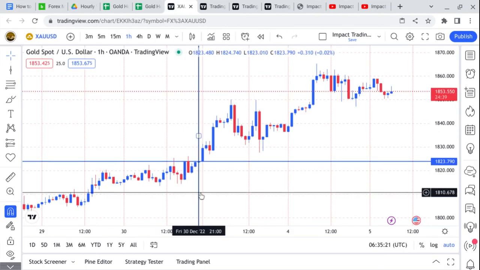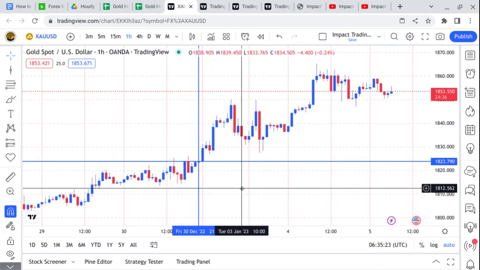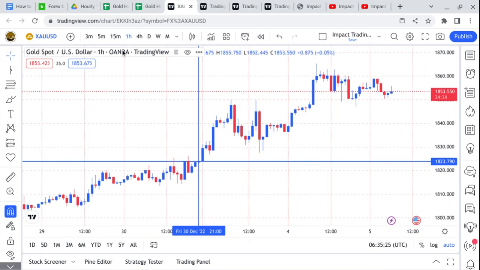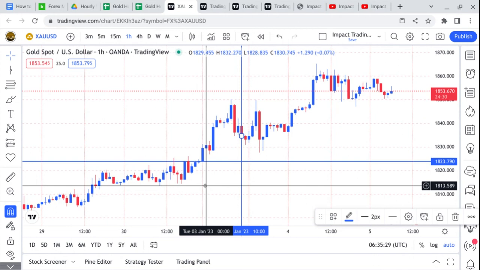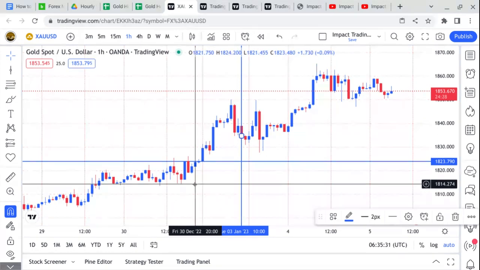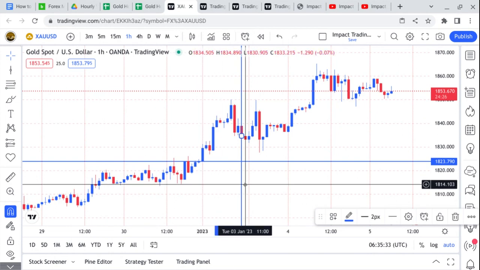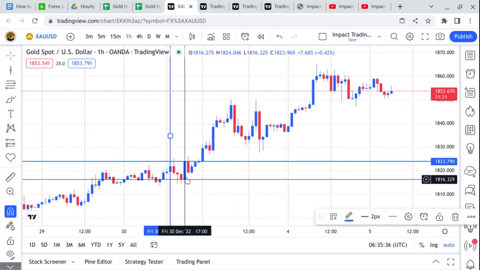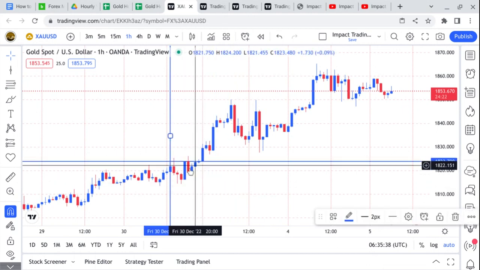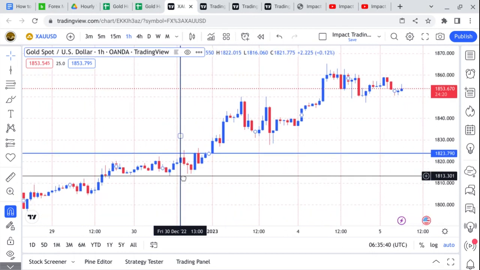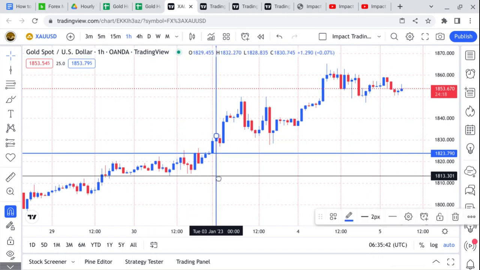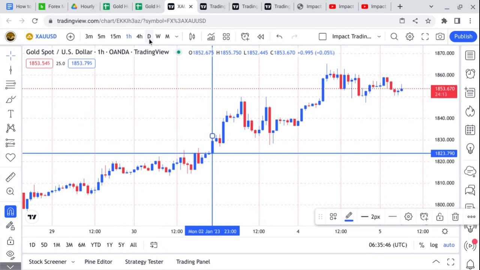Here's an example. This is the TradingView Oanda broker spot gold, and on their daily server, hour 2300 starts the next day. So if we put the horizontal line on the 2300 and the vertical line here, then we can see if we go to Monday, January 2nd,